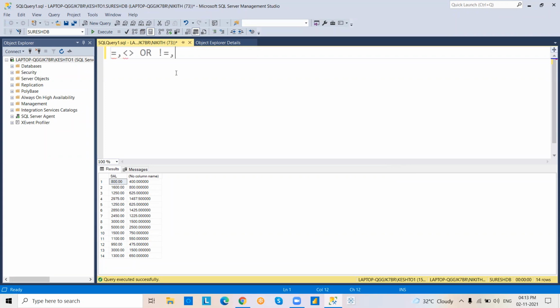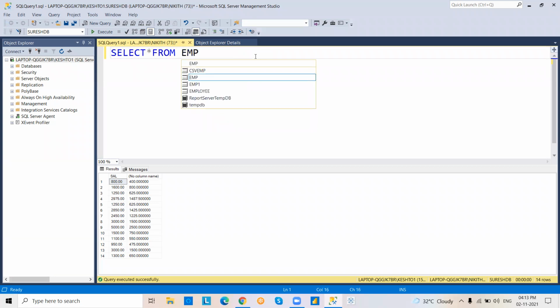So these are not equality operators. And greater than operator, greater than or equal to, less than operator, less than or equal to. So these come under assignment operators, right? So we already worked with equality operator. So let's go to remaining scenario.